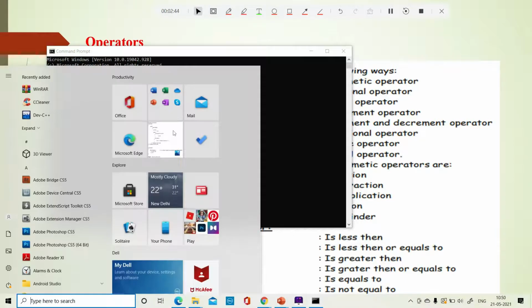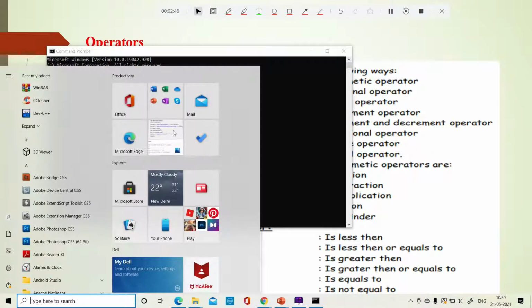But remember one thing: when you are doing more advanced things, you need NetBeans or one more editor called Eclipse. People use either Eclipse or NetBeans for advanced concepts, but we are actually trying out the simple things. So we can work with either Notepad and the command prompt, or NetBeans.